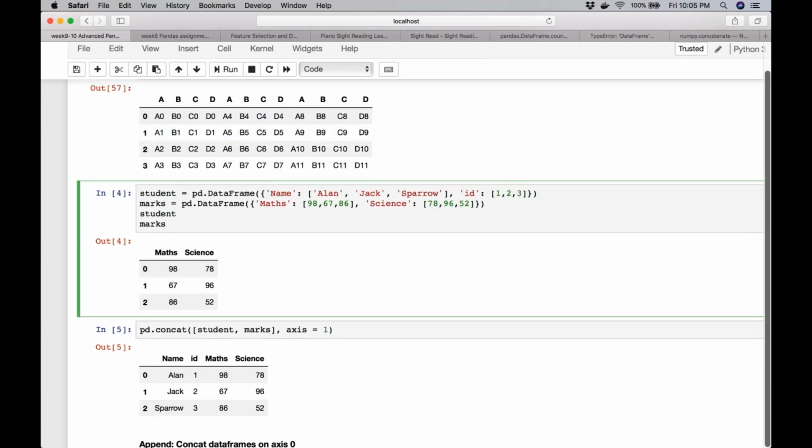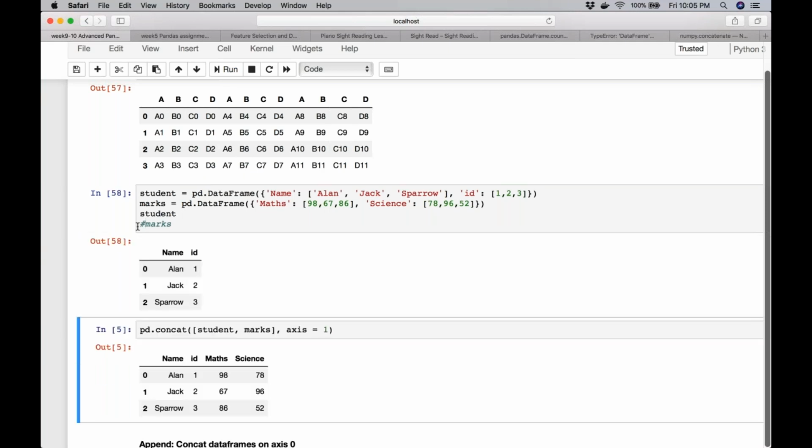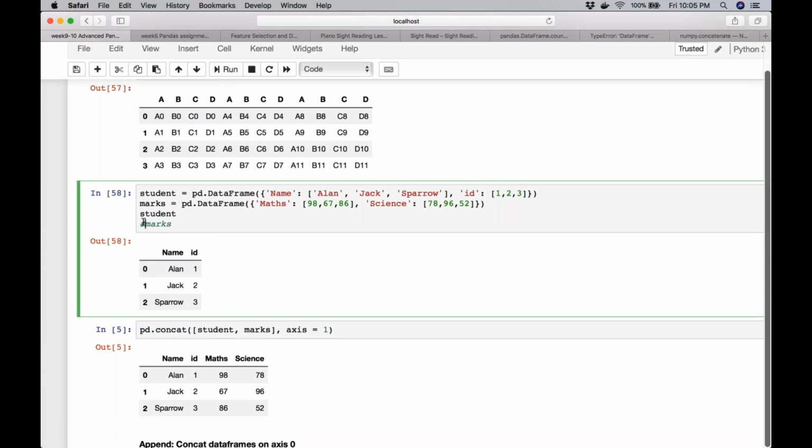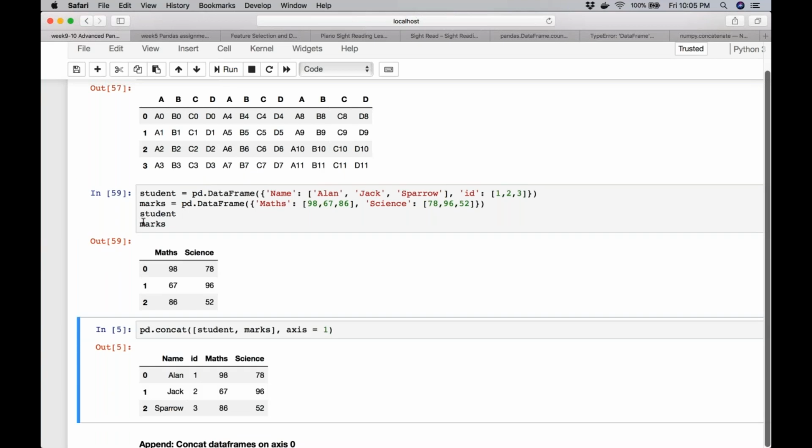So now I have created another dummy data set. Let's say I have this data frame called student, which is the name of the student and the student ID. And I have another data frame called marks, which is just the subject marks. Of course, ideally you would never have these kinds of data frames and you would not be expected to combine them. Why?